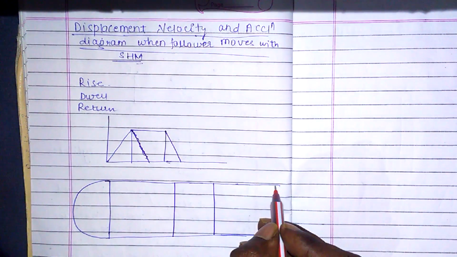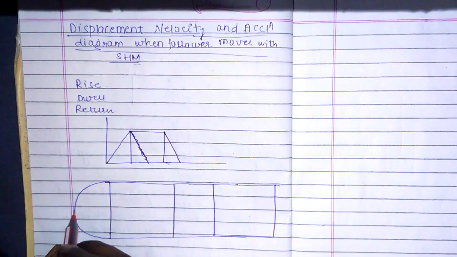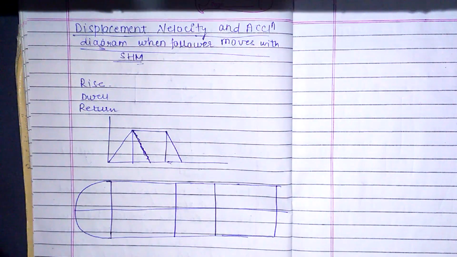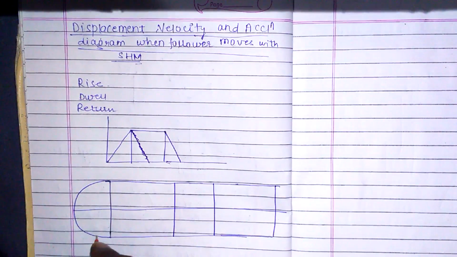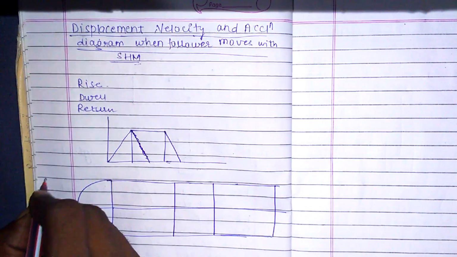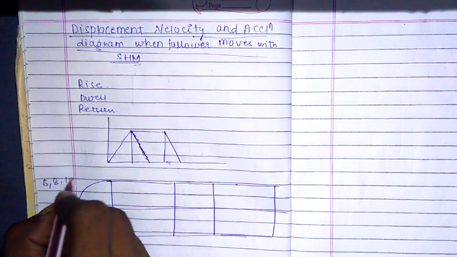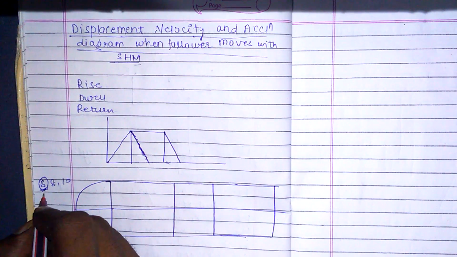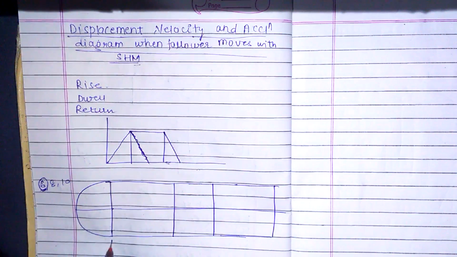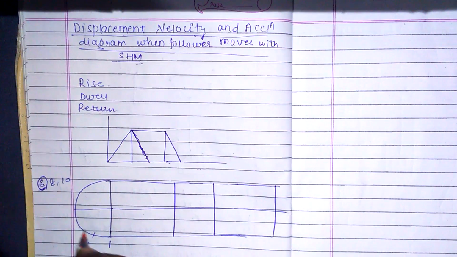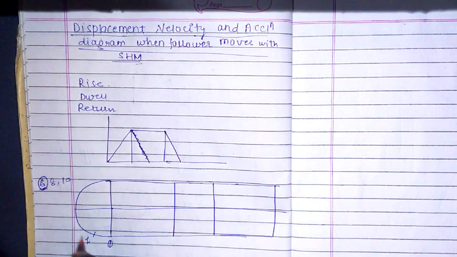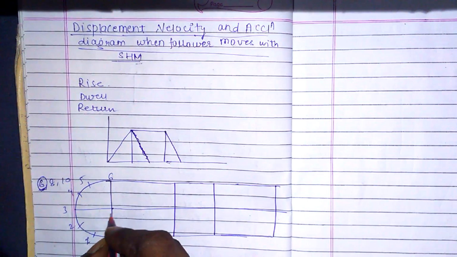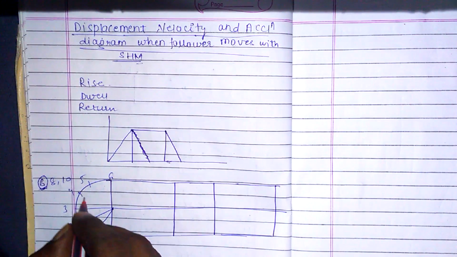Now we have divided the semicircle into an even number of parts. You could divide it into 6 parts or 8 parts or 10, but we will use 6 as it will be easy for us to draw. So let us draw it: 0, 1, 2, 3, 4, 5 and 6. Now we will do this using a protractor while drawing a diagram.